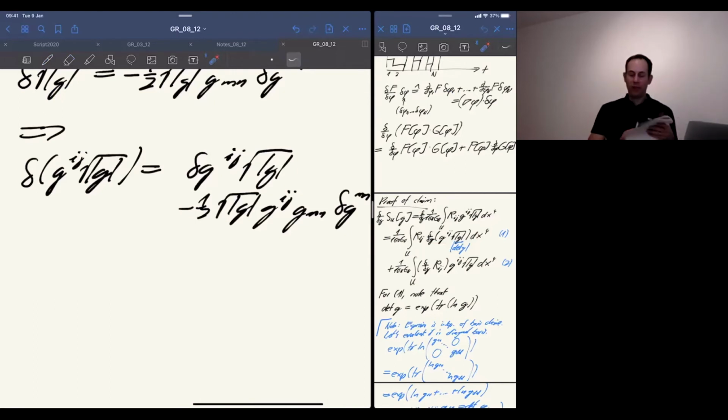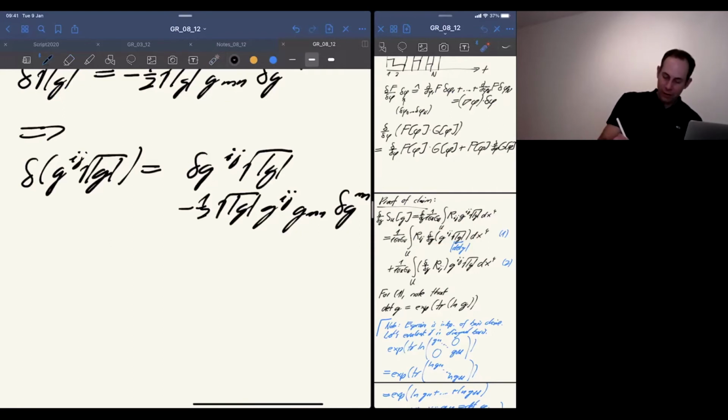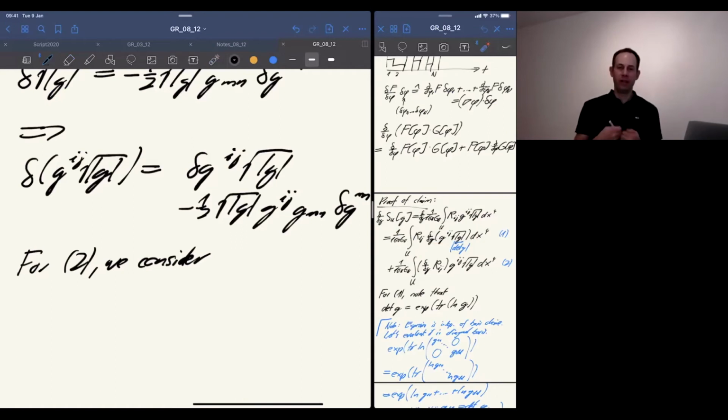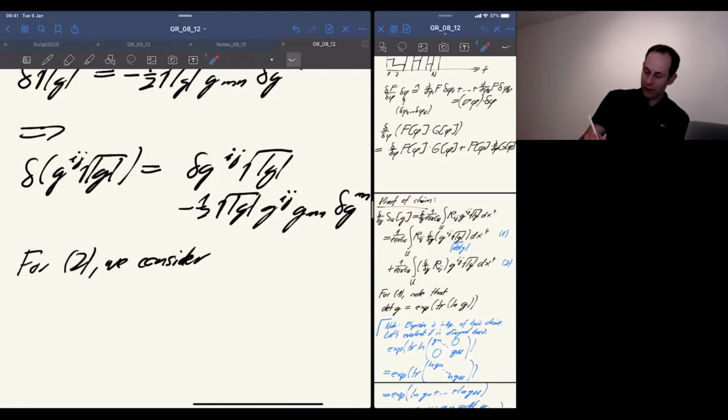Now let's continue with the second one. There is also a term here that we need to evaluate, which sounds a priori even more complicated because it's a variation of the curvature. And you know the curvature is by itself a rather complicated object. Nevertheless, there's no way around it, so we'll have to do it. So for 2, we first actually need to remember that the Ricci curvature is a trace of the Riemann curvature, which is an even more complicated object because it has 4 indices. So we consider the Riemann curvature. We have to do that.